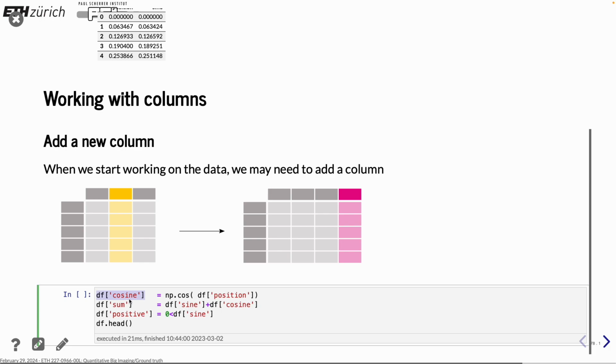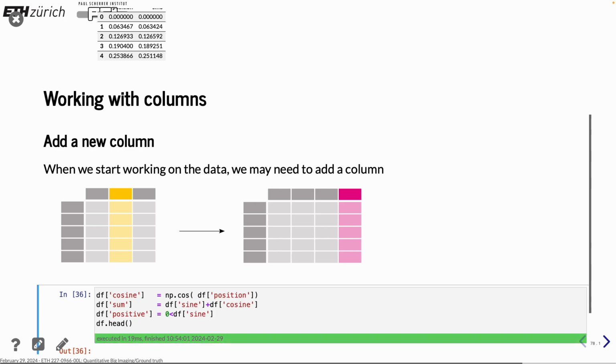Then it's automatically added. So you don't have to do any add column function. It's just that when you provide a new name, it takes it as a new column. And what we do is we take the cosine of the position column and compute that. Then we can also do a sum column where we take the sum of sine and cosine, and we can even do a first test. We check if it's positive, and looking at the outcome of that, we get,